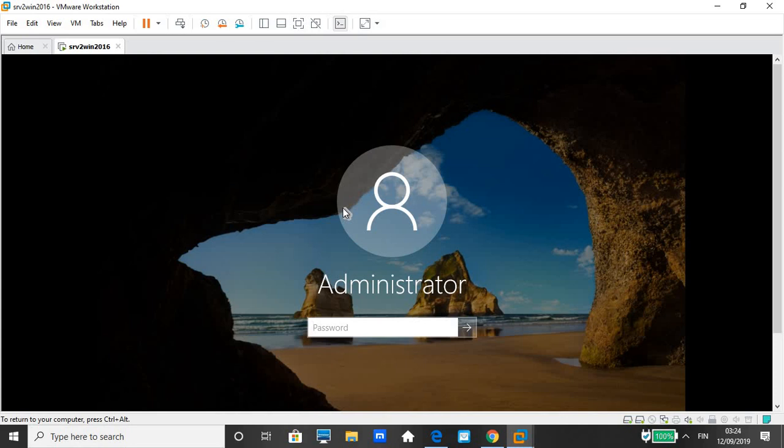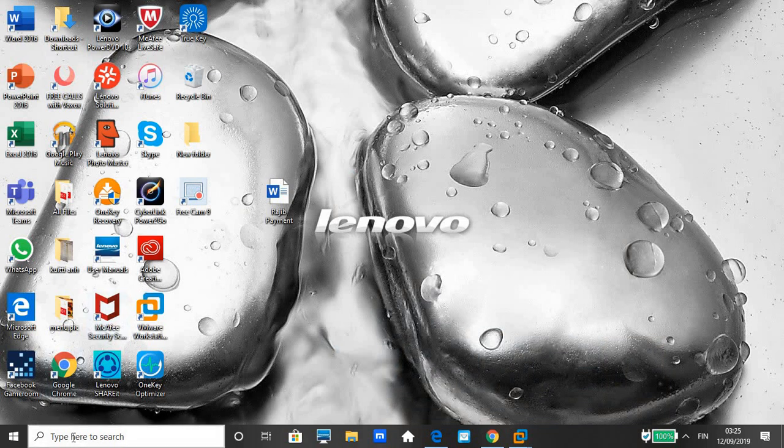For this I have to go to the virtual network editor, because in the VMware Workstation platform I will have more than one computer: one will be Windows Server and another will be Windows 10. So I need to make a network between them so that I can practice. How will I do this networking? I have to go here,